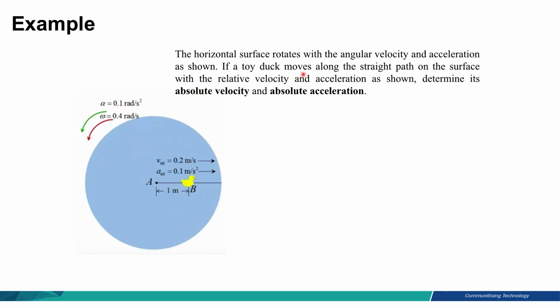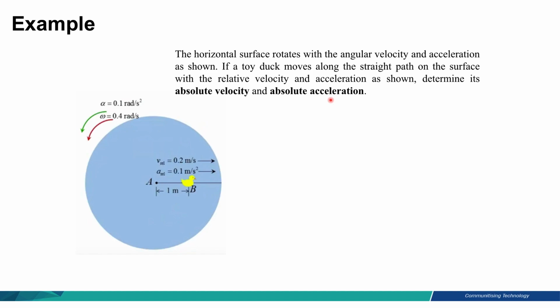If a toy duck moves along the straight path on the surface with relative velocity and acceleration as shown, determine its absolute velocity and absolute acceleration. So what we want to calculate here is the velocity of the toy duck and also the acceleration of the